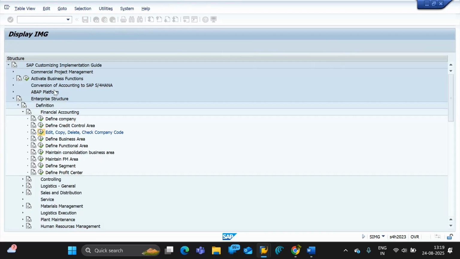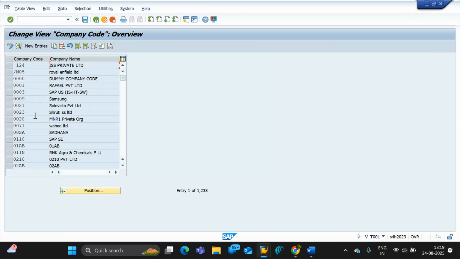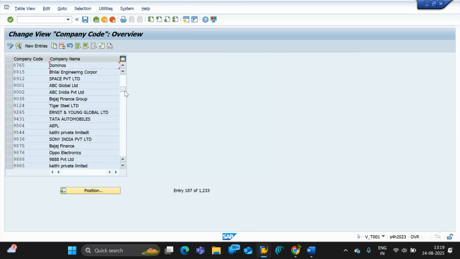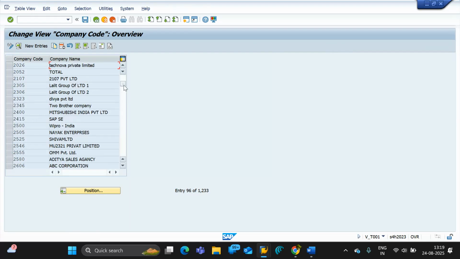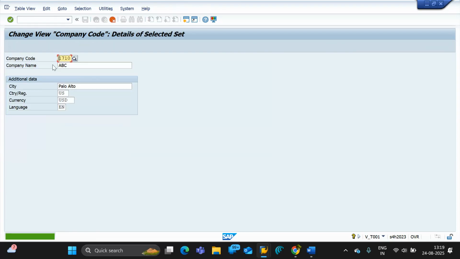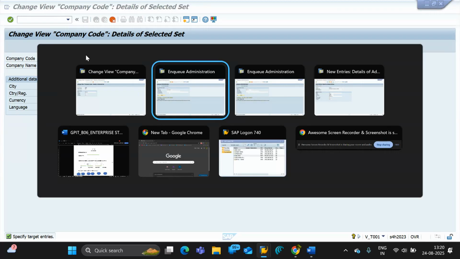double click on this. Okay, these company codes have already been created by others. Okay, so in S4 HANA, there is one standard company code. It is 1710, right? So 1710 we have to select and then go to copy as. Copy as, look here, it is showing specified target entries. You have to put your company code, right? But our company, that is the company we have created,